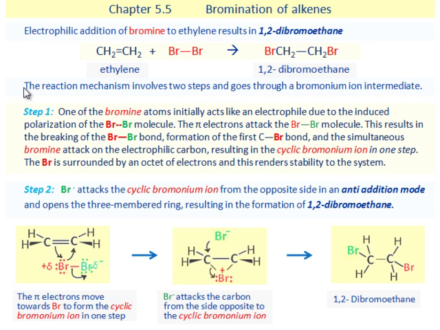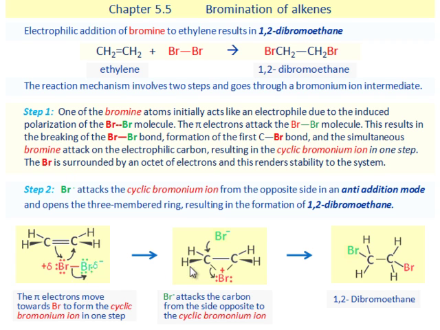The reaction mechanism involves two steps and goes through a bromonium ion intermediate. Step 1. One of the bromine atoms initially acts like an electrophile due to the induced polarization of the Br-Br molecule. The pi electrons attack the Br-Br molecule. This results in the breaking of the Br-Br bond,